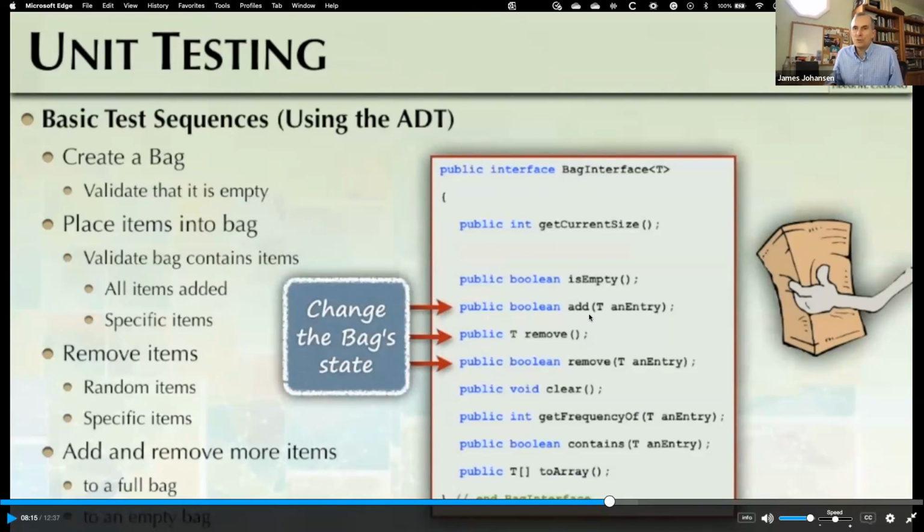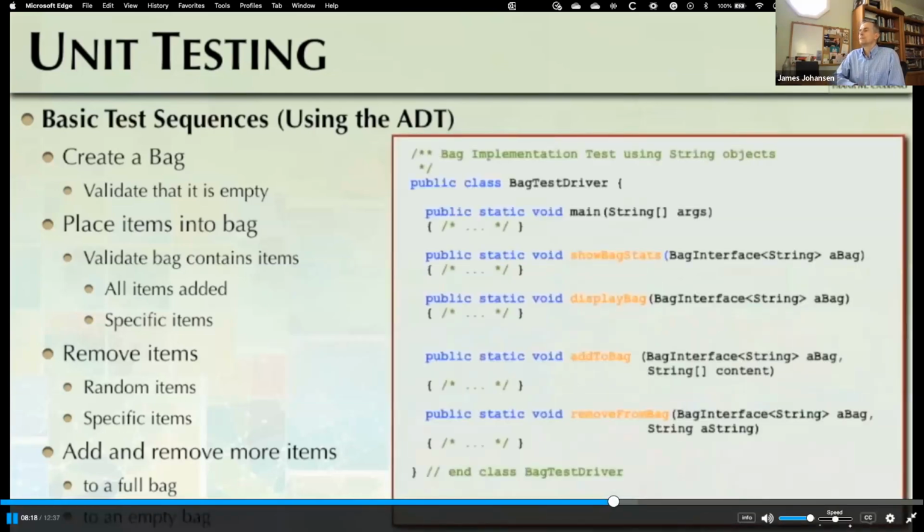And so if you do an addition, let's say that we have an array and you declared it with 10 elements and you're trying to add an 11th one. They talked about it earlier. Well, am I going to pass on the fact that that failed, or am I going to have an automatic routine that's going to expand that array? Those are things that we're going to do. Remove, did it actually remove it? Was it able to find it? These are all the kinds of things that when we're doing these changes, we want to verify that that's functional.